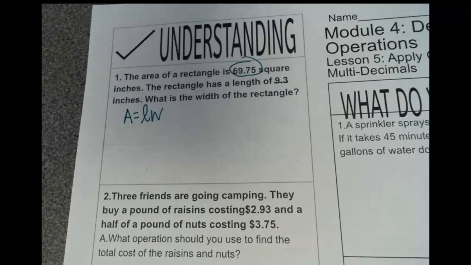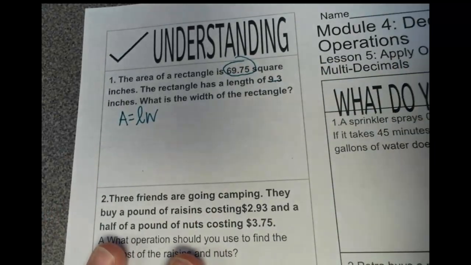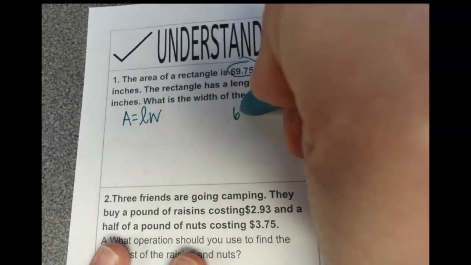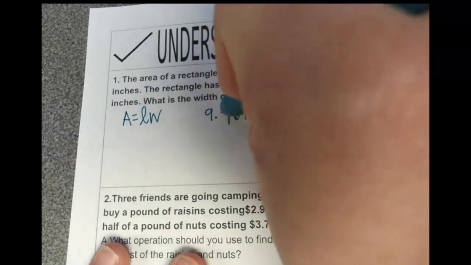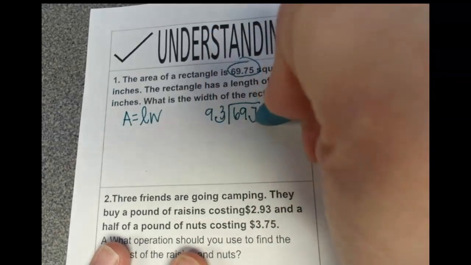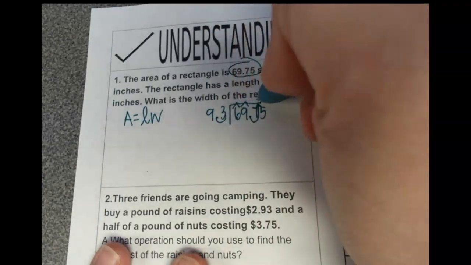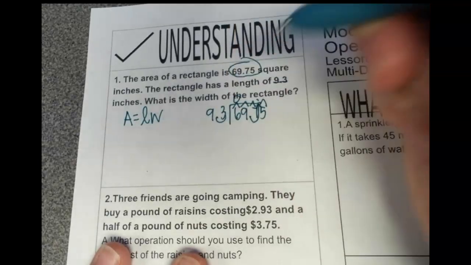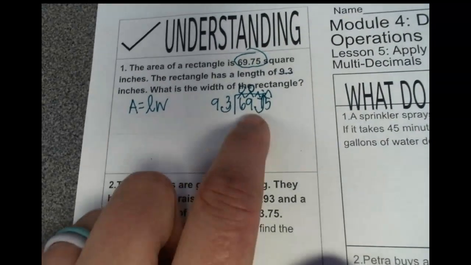So, what we're going to do, instead of multiplying, we are going to be dividing so we can find the other side. So I'm going to take 69.75 divided by 9.3. I go 1, 1. I can't put anything here. I wrote it too tall. I am seeing that. I can't put anything there. So I'm going to take